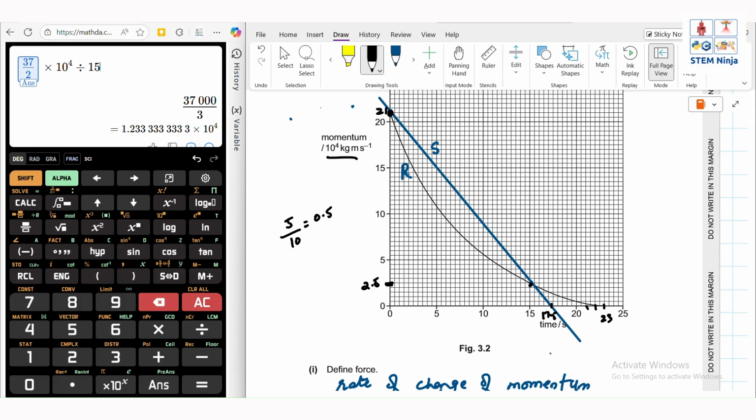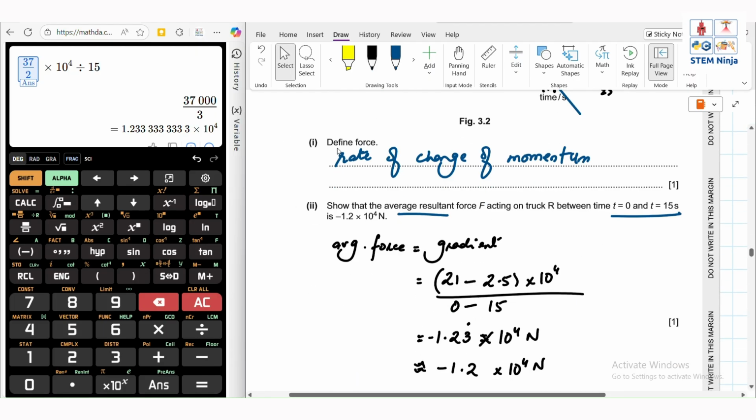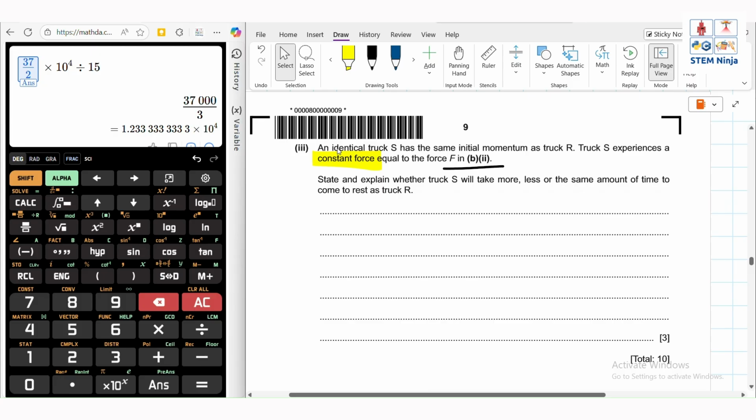Yeah, so since it is experiencing a constant force, it will come to rest faster. So that is the entire point over here. So the total change in momentum may be the same, but since S is experiencing a constant force, not a non-uniform force, its momentum is going to decrease linearly, and it will come to stop at 17.5 or roughly 17, whatever you want to call it. So this is what we will write over here,